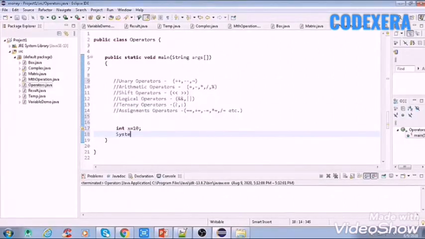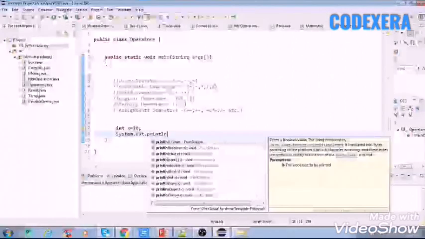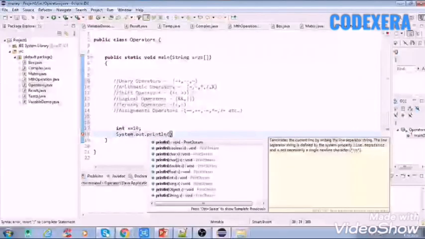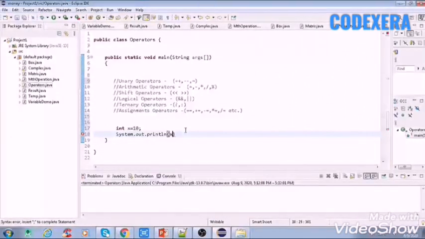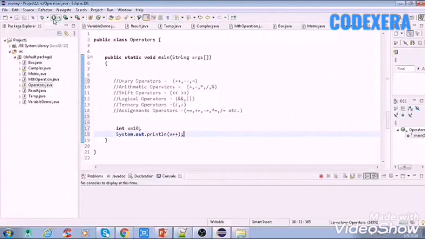So just write System.out.println. Here we are using unary operators, like x plus plus. So here we have used the unary operator, that is plus plus. Now we'll run this and see what will happen.